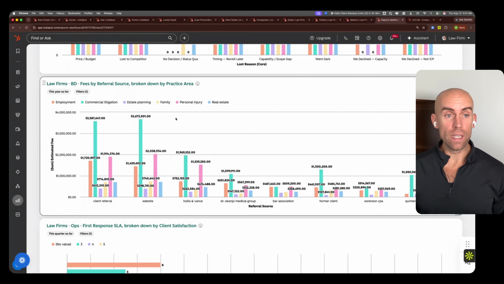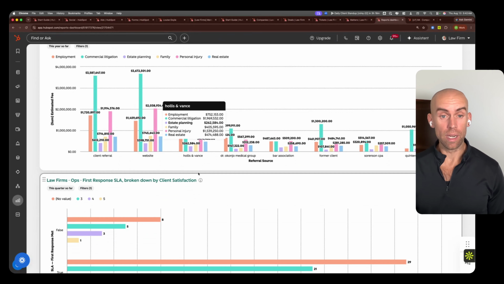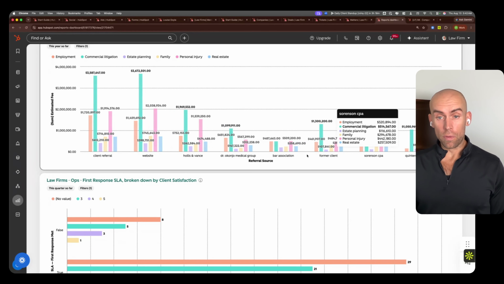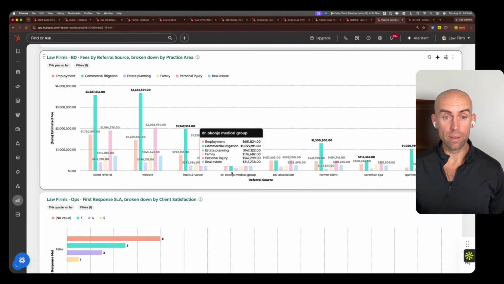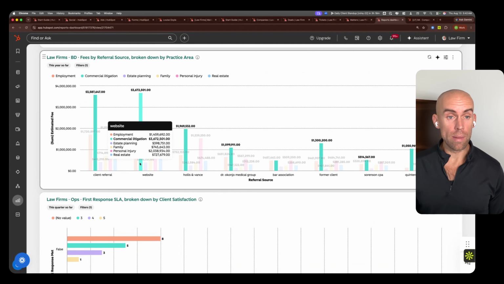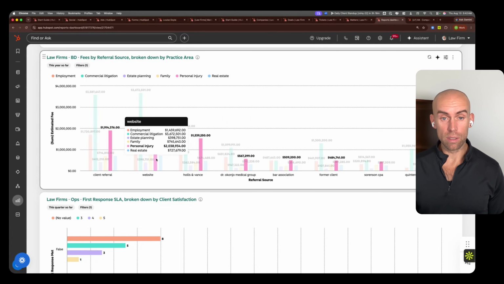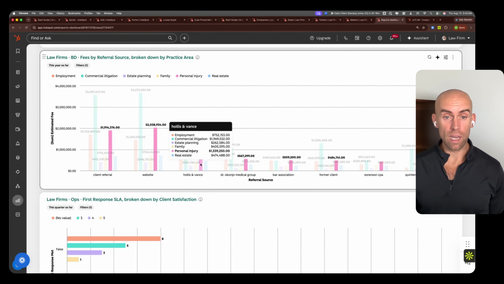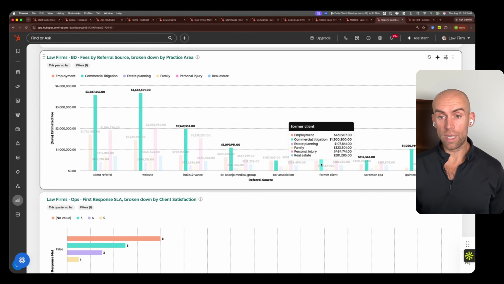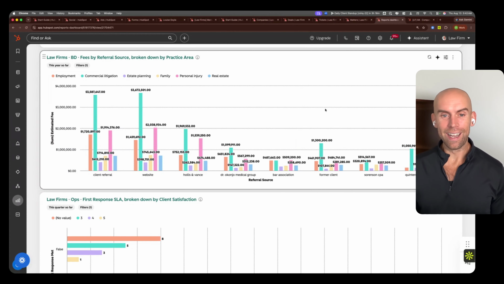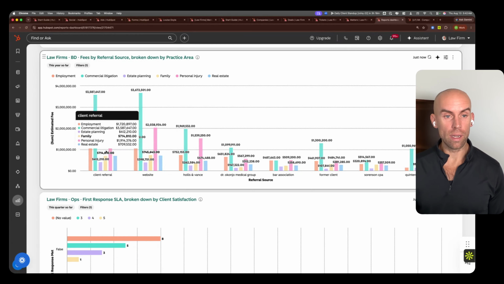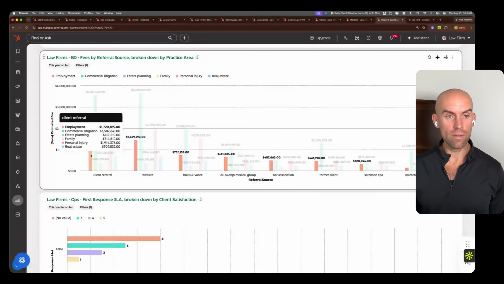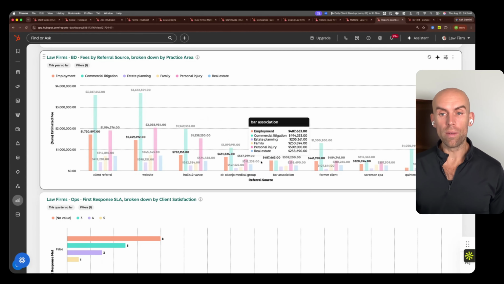And then finally, you have fees by referral source broken down by practice area, right? So here are all your referral sources on the x-axis, and then they're broken down again by practice area, right? So you have your website bringing you a massive amount of commercial litigation, right? But you also have Hollis and Vance sending you a ton of personal injury. You have personal clients sending you a ton of commercial litigation. You've got the CPA sending you a certain amount, right? And so here you can see client referral. This is primarily a commercial litigation firm, but you can also see, okay, what of our referral sources are working